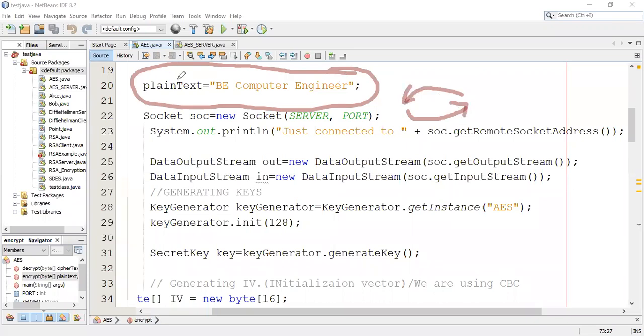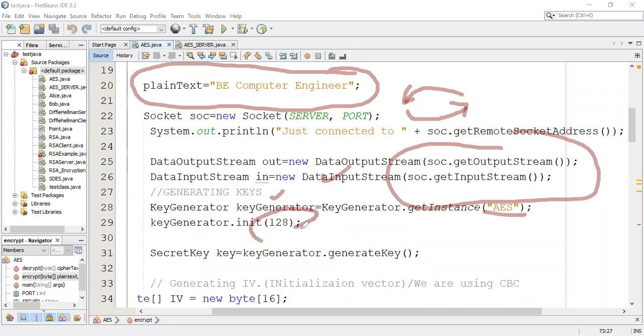Okay, plain text. I have taken the socket server, just one message connected with this, and go for the data input stream and then output stream. Here I have considered directly out and in as my objects, and generate key. See here I have taken this AES key.